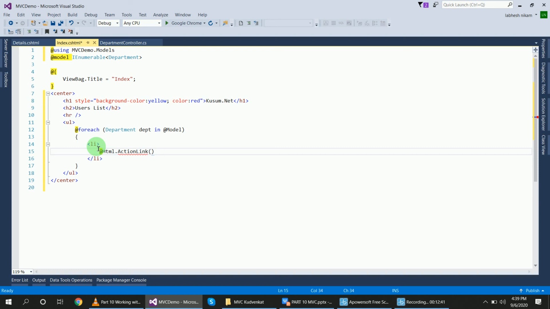So this dpt variable, dpt dot name of the department name, and where to go?